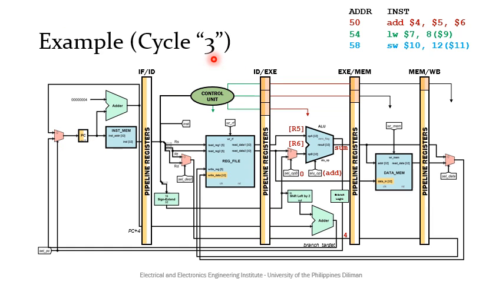At the third clock cycle, the contents of R5 and R6 are added and the destination register number 4 is still passed to the next pipeline register. The control signals for add that are not yet used are also passed. Still at clock cycle 3, we go with the green for load word.